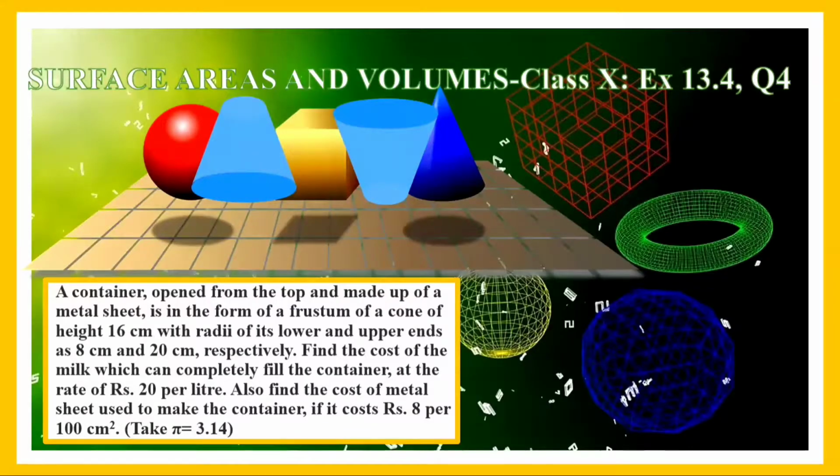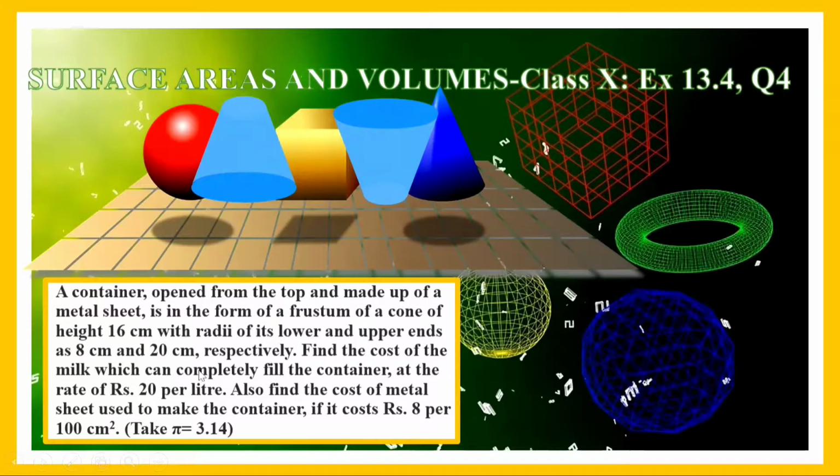So hello everyone. In this video, I'm doing the fourth question of exercise 13.4 from the chapter of surface areas and volumes for class 10th. A container opened from the top and made up of a metal sheet is in the form of frustum of a cone of height 16 centimeters and radii of its lower and upper ends as 8 centimeters and 20 centimeters